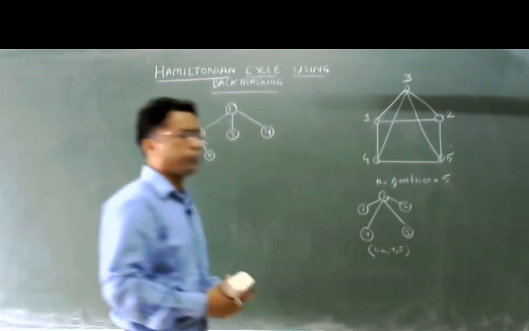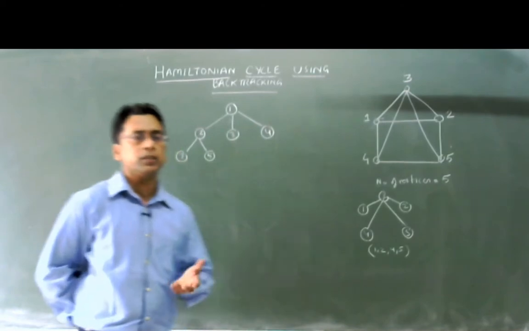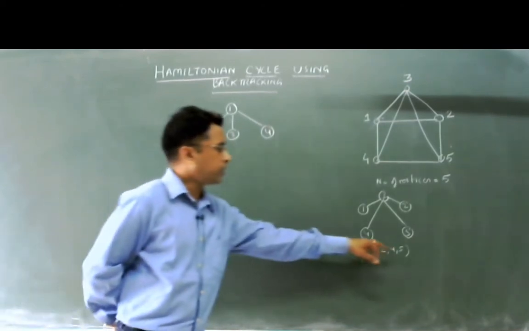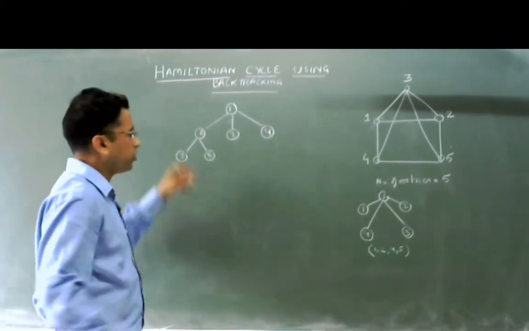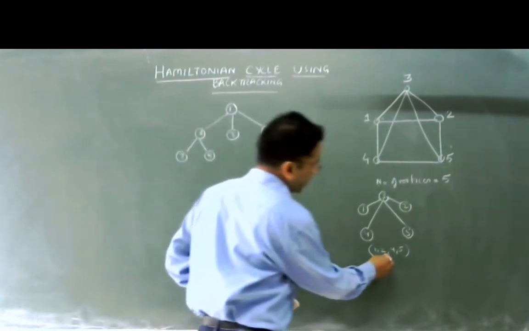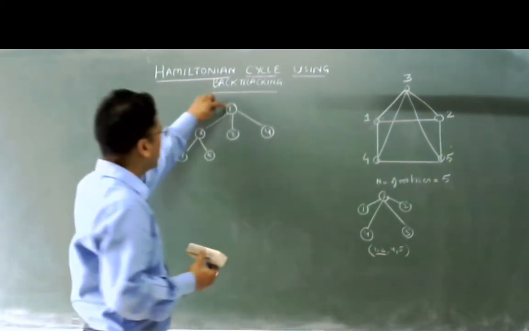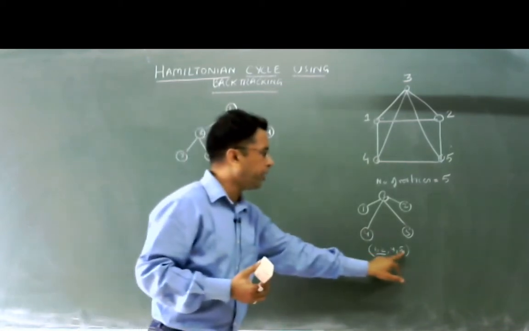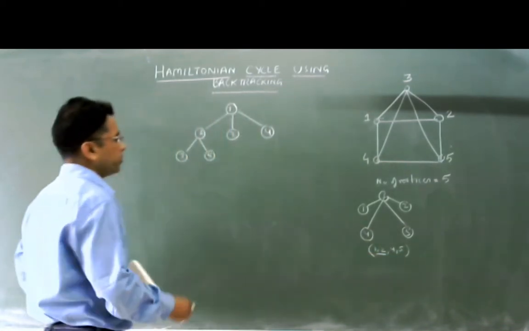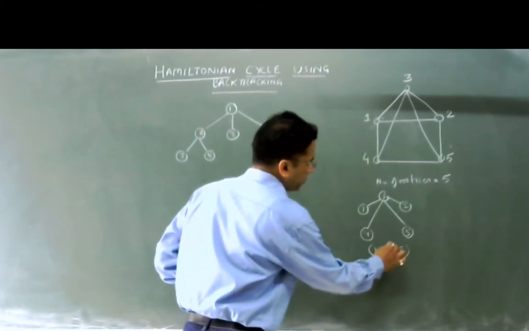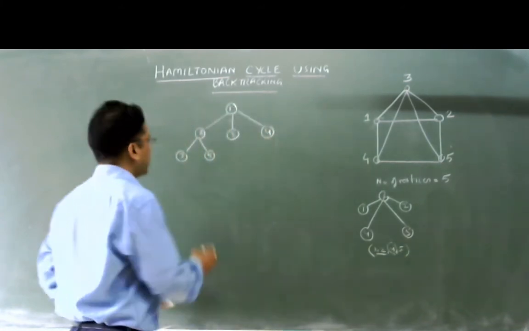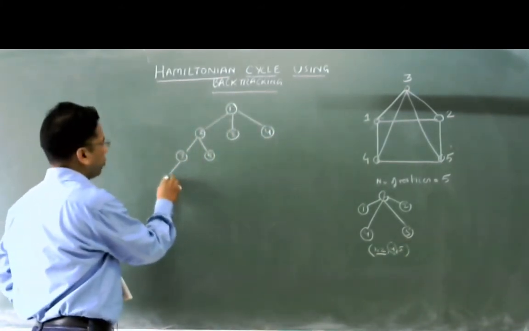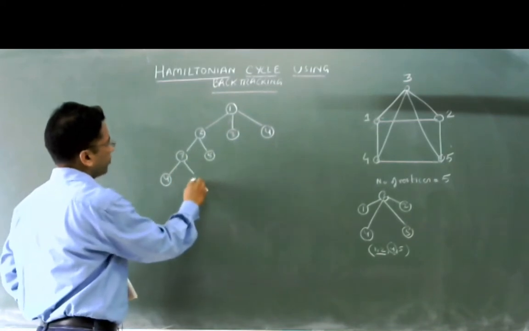The same node from which we create is not considered in the order. So 1, 2, 3, 4, 5. Out of these we have already considered 1 and 2. The rest of the numbers are 4 and 5. So between 4 and 5, 4 comes first in topological order, so I shall create 4 and 5.